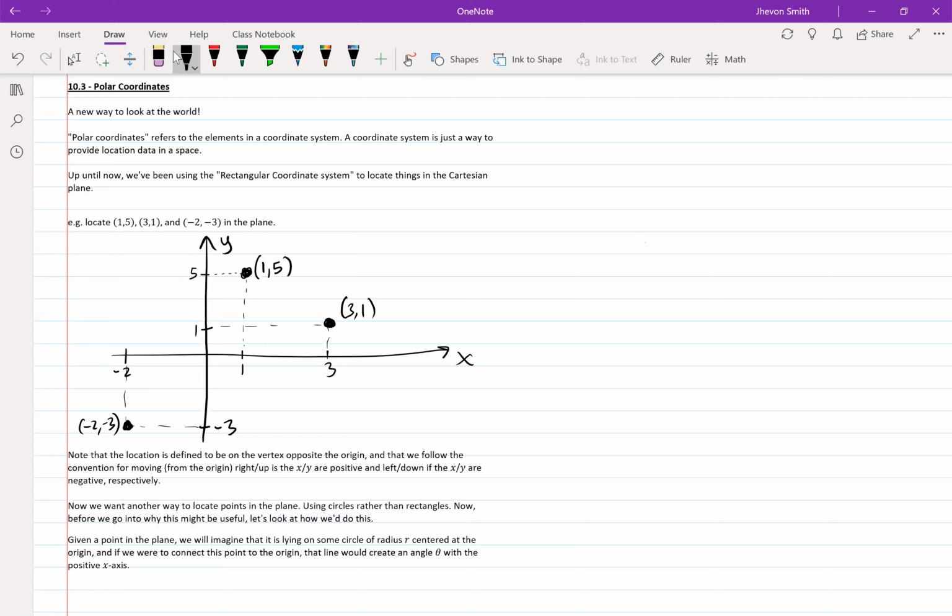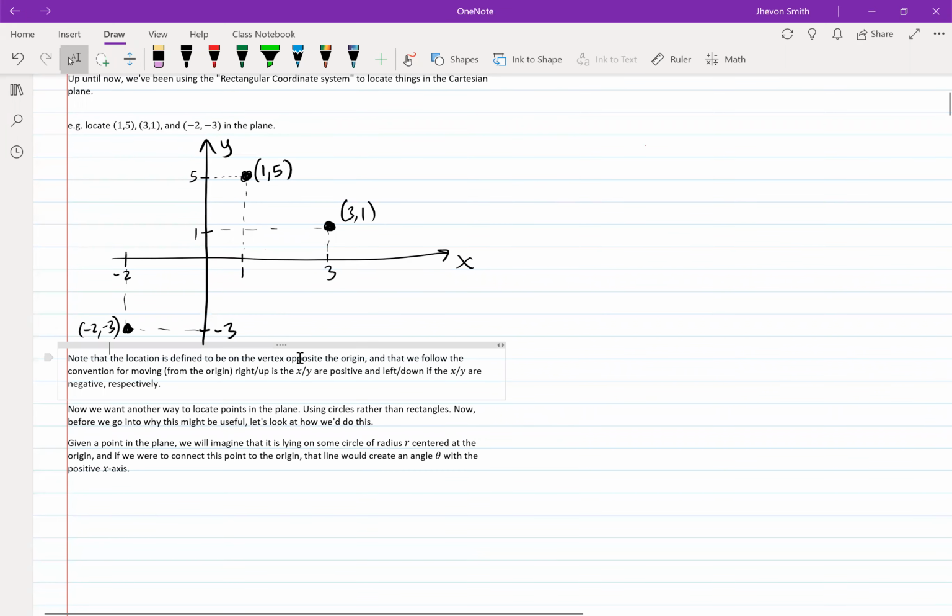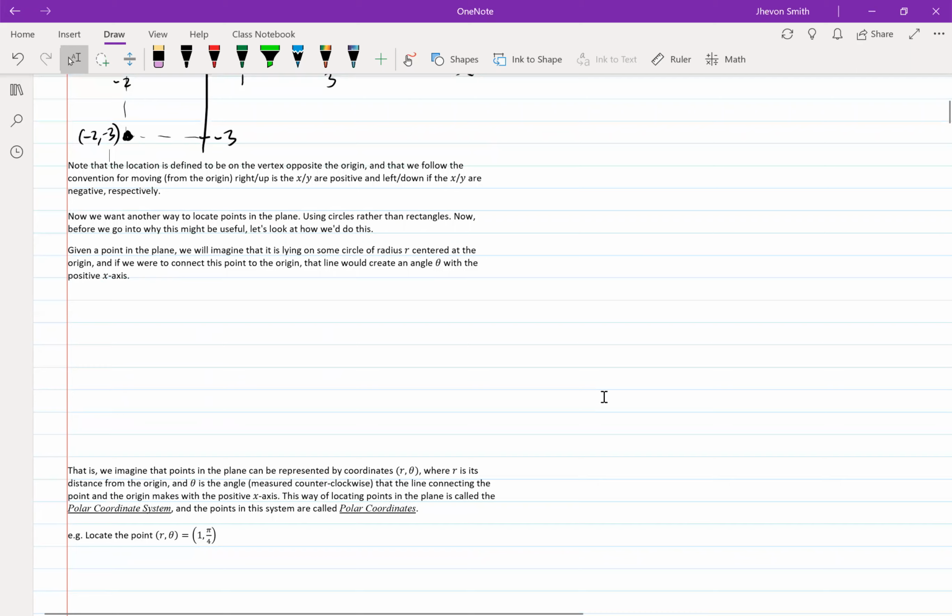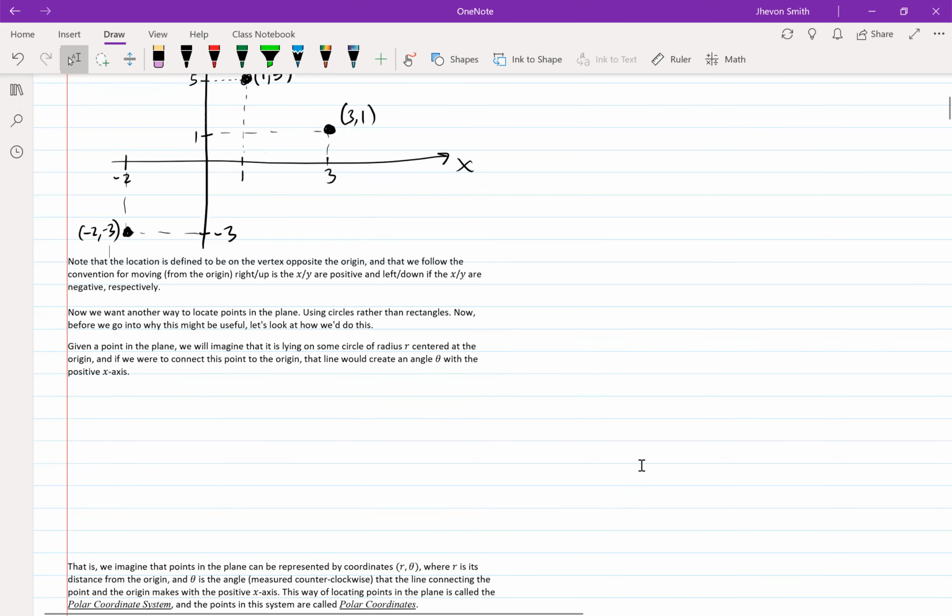Okay, so now we actually want a different way to locate points in the plane, and we don't want to actually use rectangles. We want to now use a whole different object. Namely, we want to use circles, okay? So instead of looking at X and Y as two coordinates that we connect with a rectangle, I'm going to imagine that that point is lying on some circle centered at the origin,